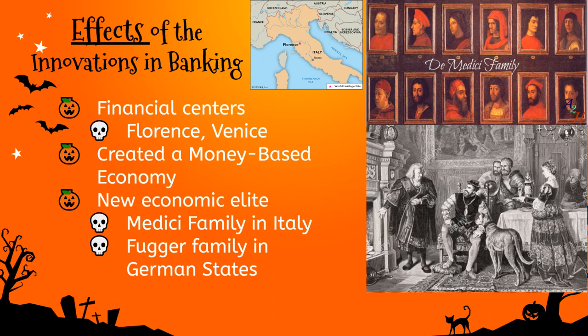And then another example that we've also talked about is the Fugger family in the German states. They were a banking family that had so much money that they were able to lend Charles V money so that he could buy his election as emperor of the Holy Roman Empire. So again, we have middle class families having so much money that now they can play kingmaker, now that they can really have political power.